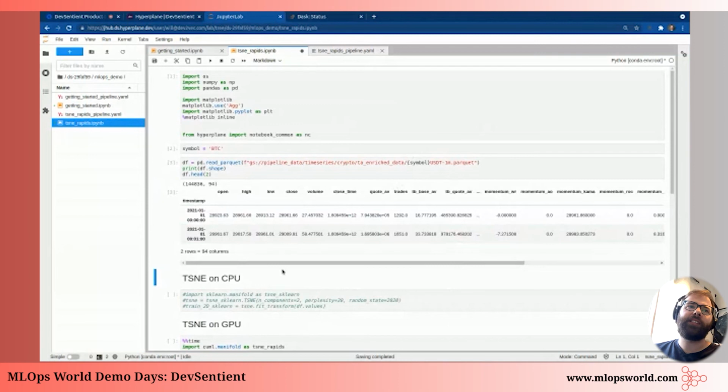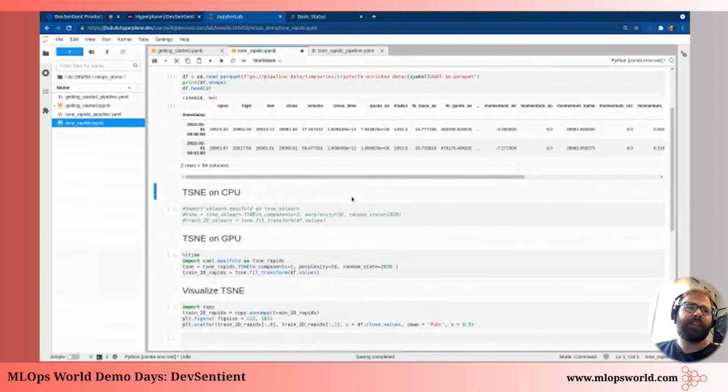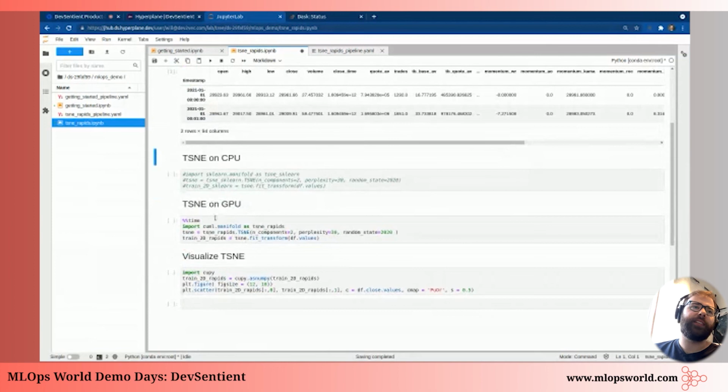I'm not going to run it on the CPU, otherwise we'll be sitting here forever. I'll just show you how fast it runs on the GPU. And so I'll quickly run that here. I'll walk through that. That should take about 20 or 30 seconds or so.